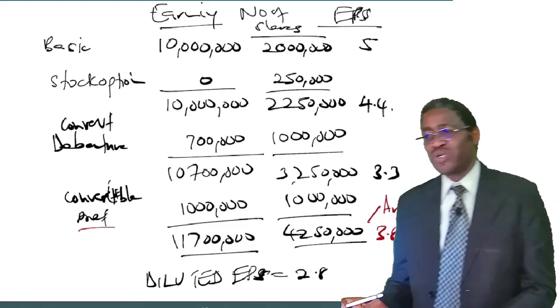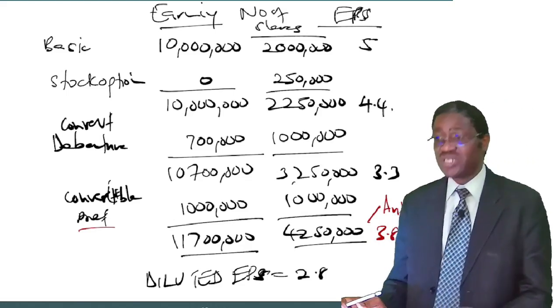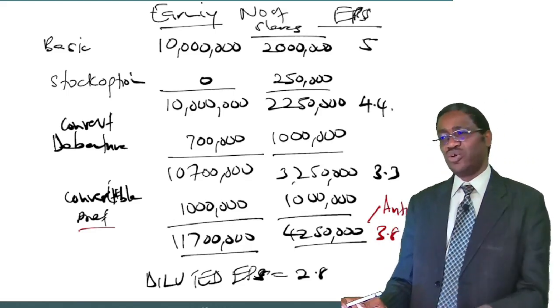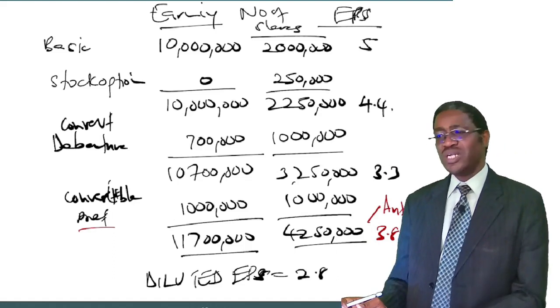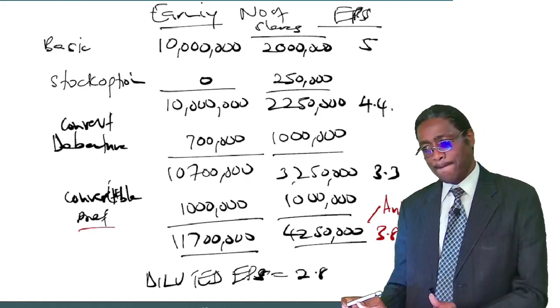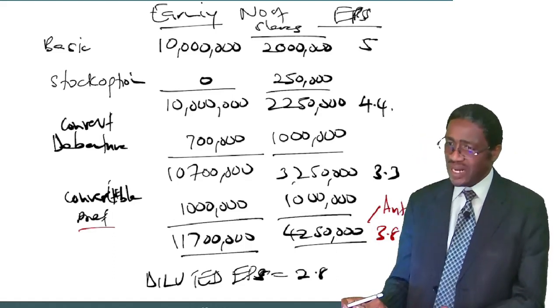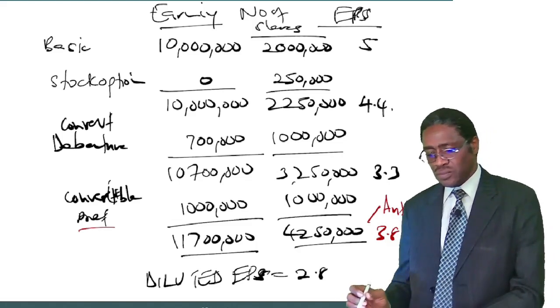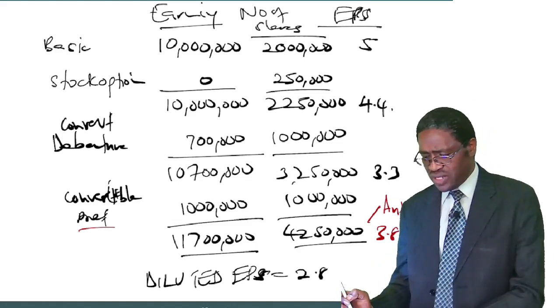So that kind of a potential ordinary share, we refer to it as an anti-dilutive potential ordinary share. Okay? Now, listen again, before we do another example,